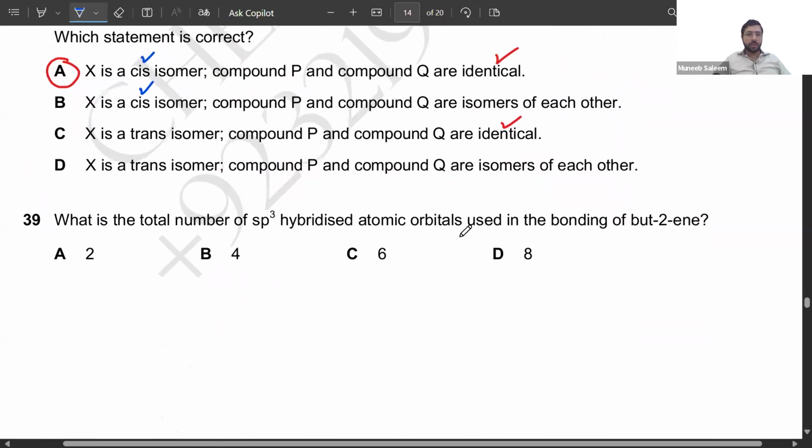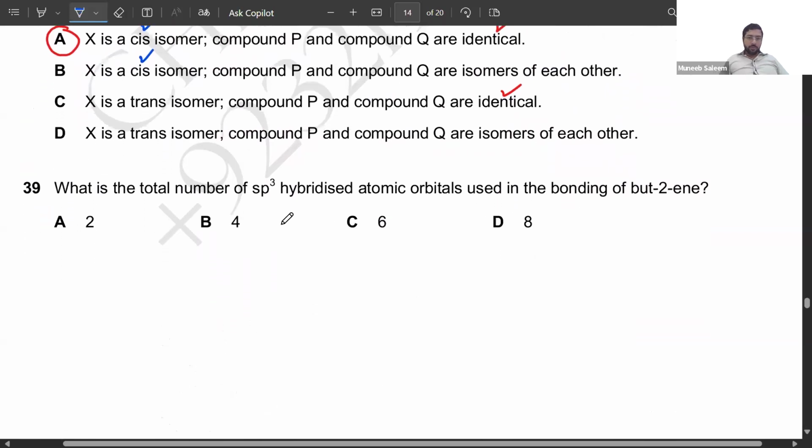Now question number 39. What is the total number of sp3 hybridized atomic orbitals used in the bonding of butene? Okay, so which means we need to understand the structure of butene. It is like this. In a simplified form, there are 4 carbon atoms with a double bond at position number 2. Okay, so here we can simply see that the carbon atoms which are present in the double bond, they